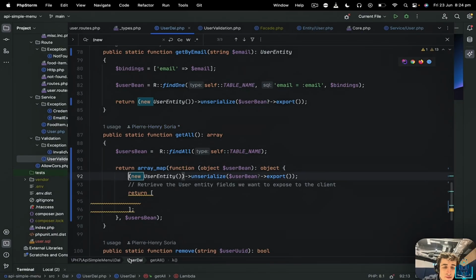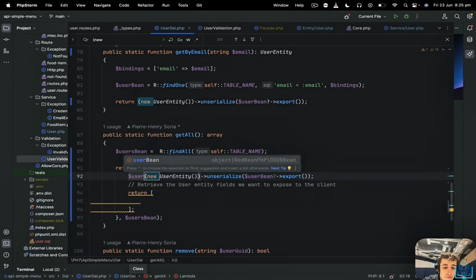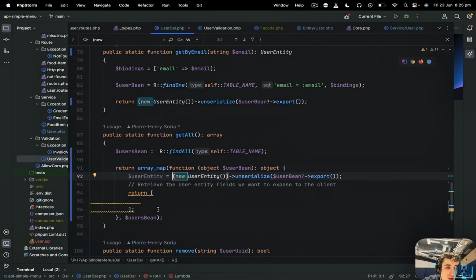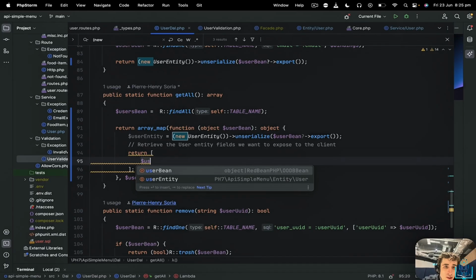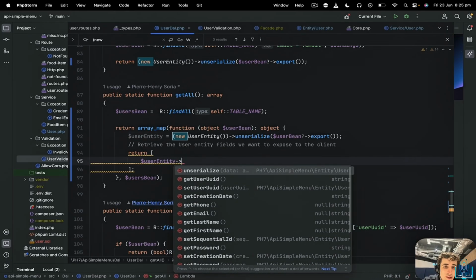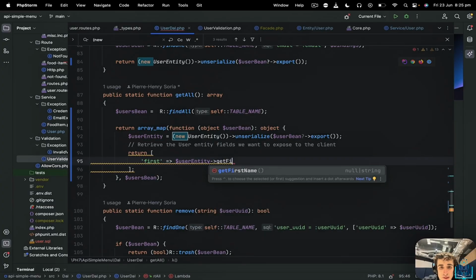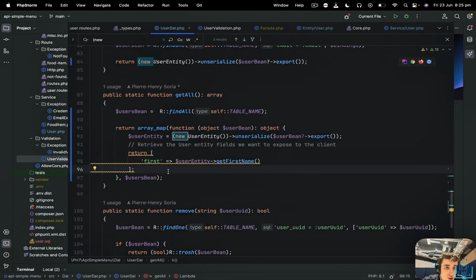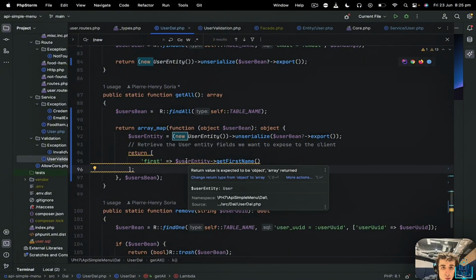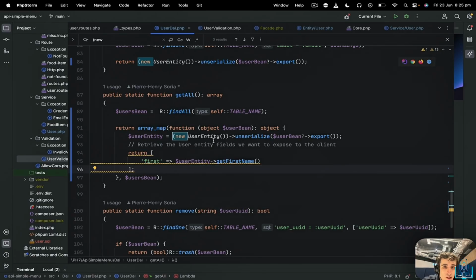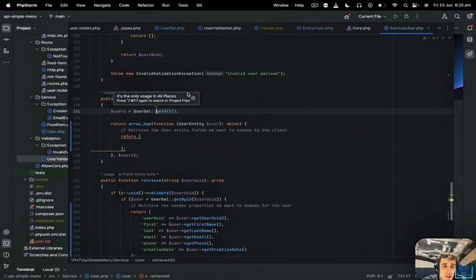and then if I do user entity equals like this, and finally to be user entity, let's try only with the first name for now, get first name, just to see how it goes. We have no idea basically. Return is expected to be an object array. Oh yes, here, of course, like this, and then